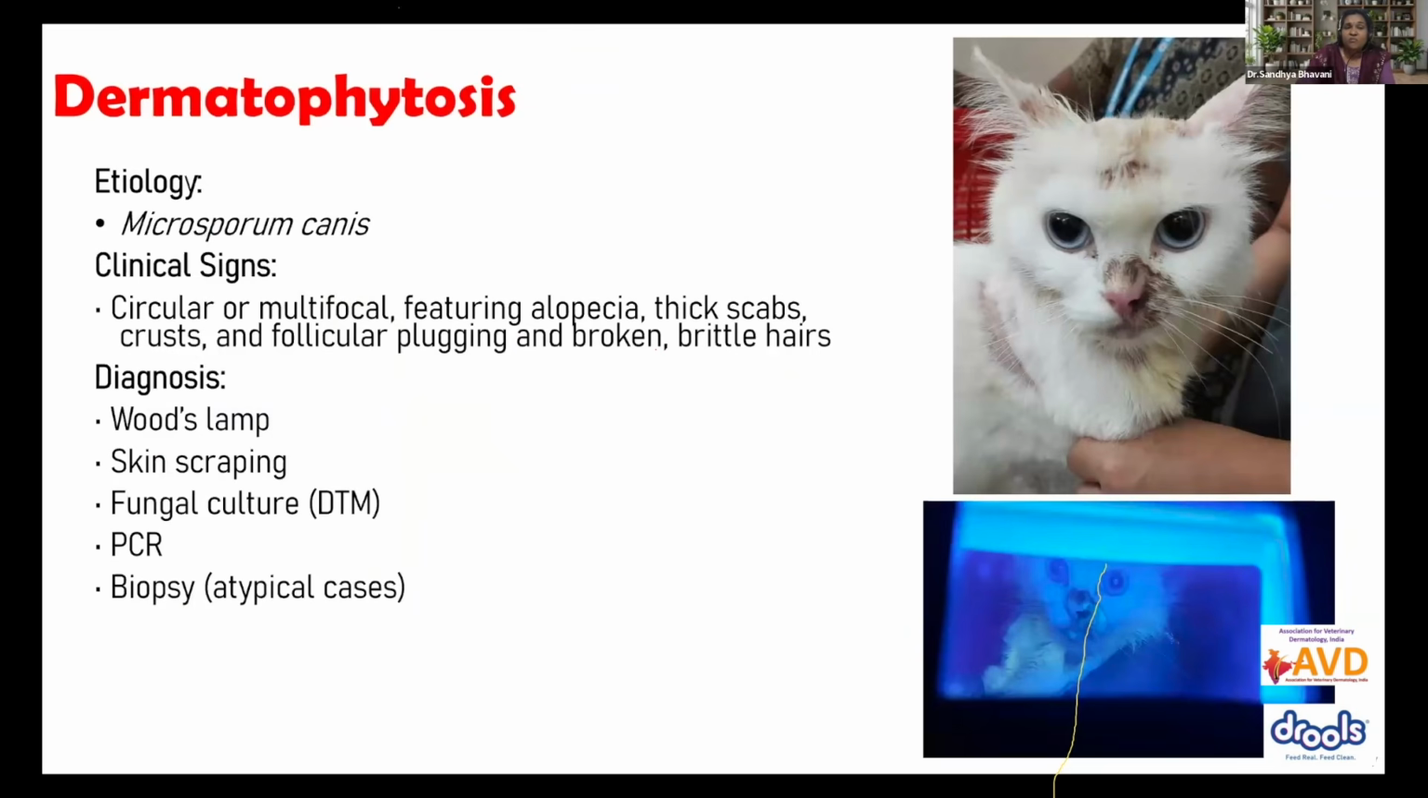The next common fungal infection is dermatophytosis, caused by either Microsporum canis, Microsporum gypseum, or Trichophyton. The first one we are going to see is Microsporum canis. Microsporum canis will be present in the hair shaft near the root. So there will be brittle hairs, breakage of hairs, and hair stubs will be seen. There will be follicular plugging, and round circular alopecia will be present with thick scabs